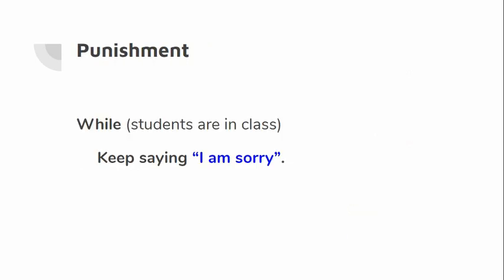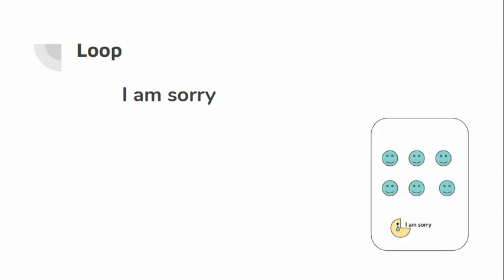Okay, so let's look at the example of the punishment. If you are making noise in the class or you yell at somebody, the teacher says keep saying I'm sorry until, or while, students are in the class. So that's your punishment, and you have to repeat I am sorry, and we can see there are students in the class. Then you'd say I'm sorry,